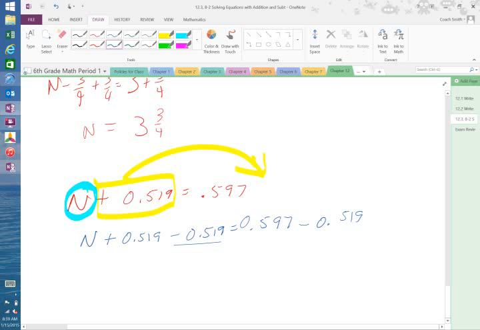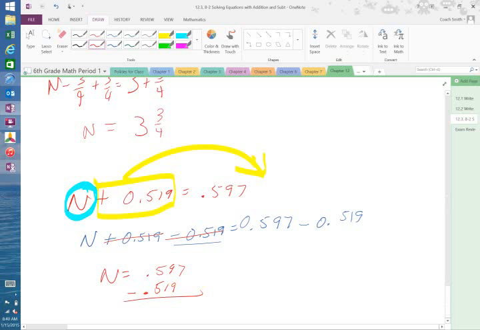Okay? Now, on the left side of the equation, my adding and my subtracting cancel each other out, leaving me with n is equal to 0.597 minus